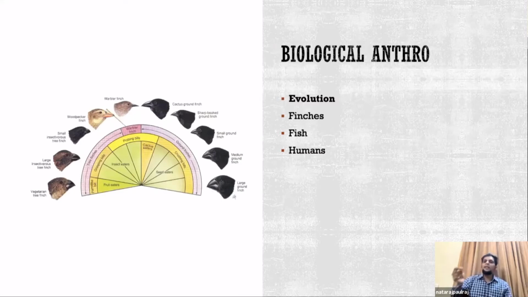If you interchange the environments, the thin slim beak will not be able to survive in an environment meant for a woodpecker kind of bird. The woodpecker kind of bird will not be able to survive in an environment where it is only small little flowers. So depending upon where they migrated, there are certain ones who had the best features, who were the fittest in that environment. And they are the ones who could survive there. They could probably live there. They could possibly mate there. They could probably produce a lot of